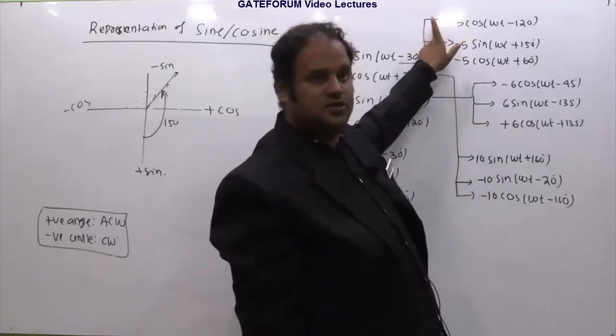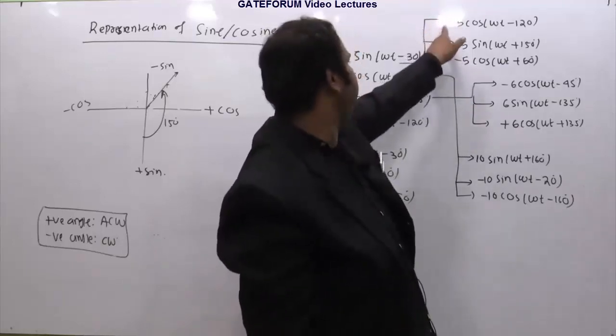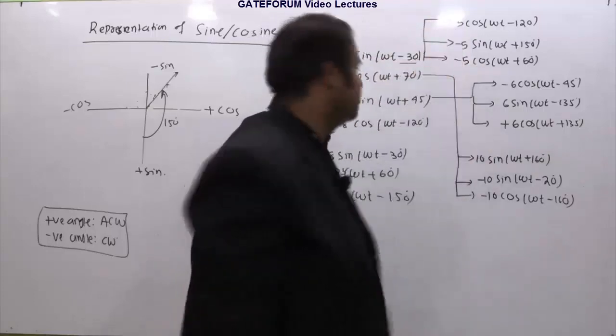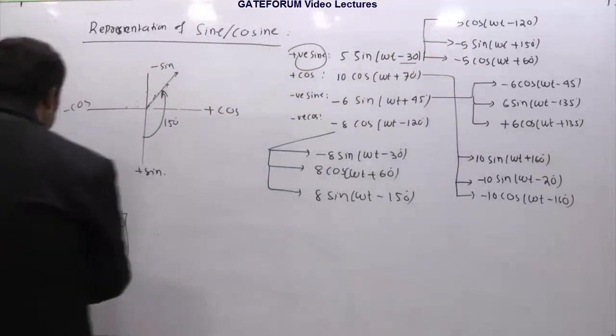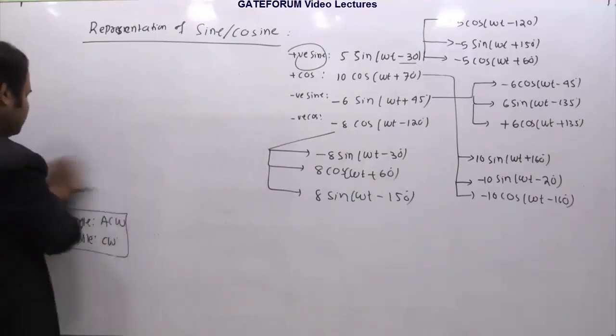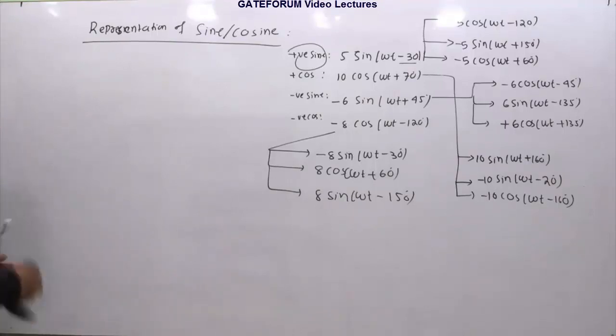So if you get only this option, you should not stop there. You should also check what the other possibilities are. The same quantity can have 4 different forms, this, and this. That's very interesting. And I believe if you understand these graphical techniques, in your entire life you are not going to make a mistake while representing sine in terms of cos or cos in terms of sine.